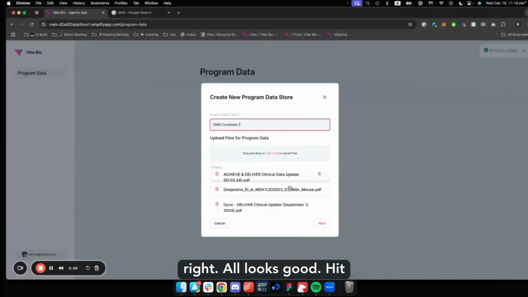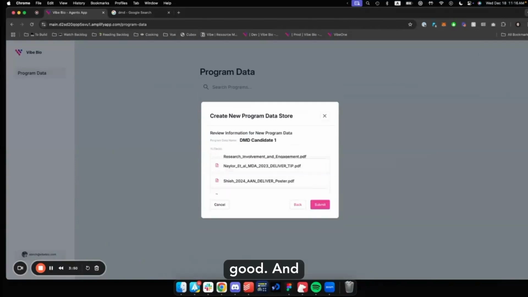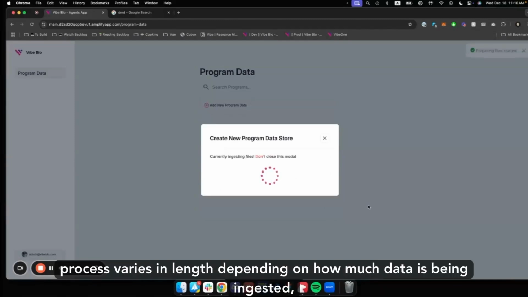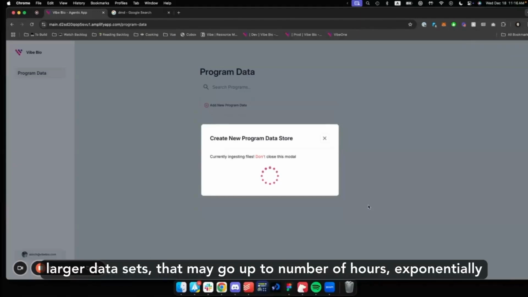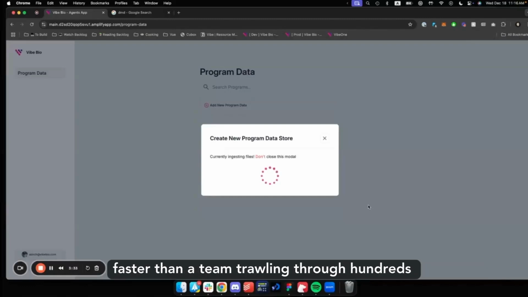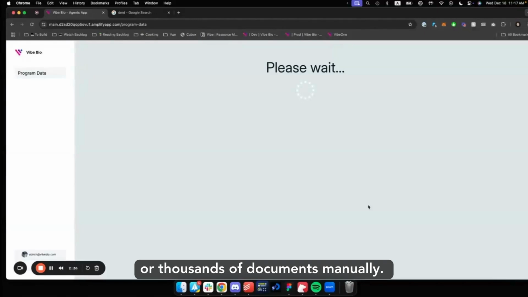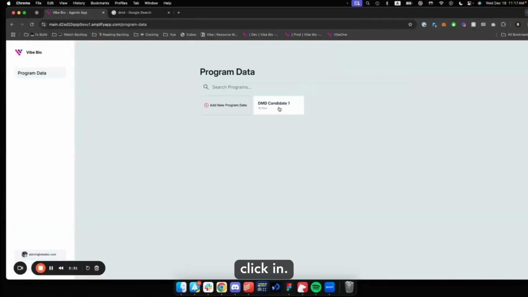All right. All looks good. Hit next. Review it. Still looks good. And we're good to go. All right. So this process varies in length depending on how much data is being ingested, but for a small case like this, it's about a minute. For larger data sets, that may go up to a number of hours, exponentially faster than a team trawling through hundreds or thousands of documents manually. All right, and now we are ready to go. So I'm going to click in,